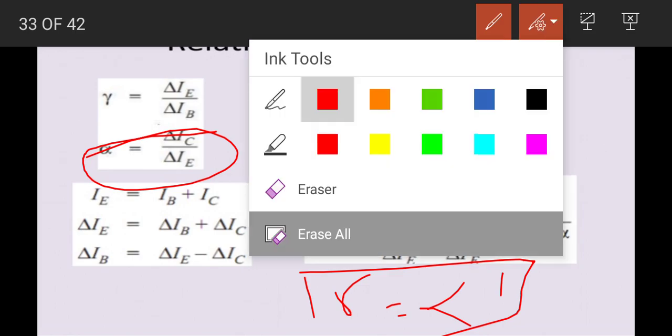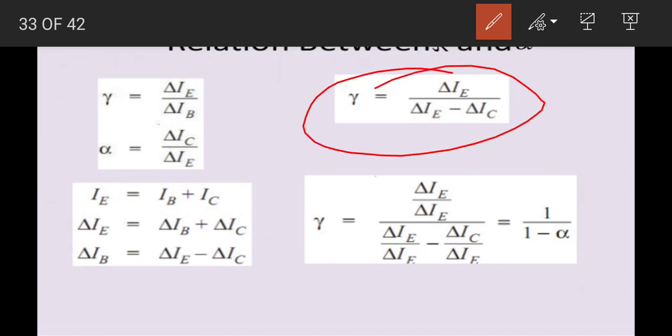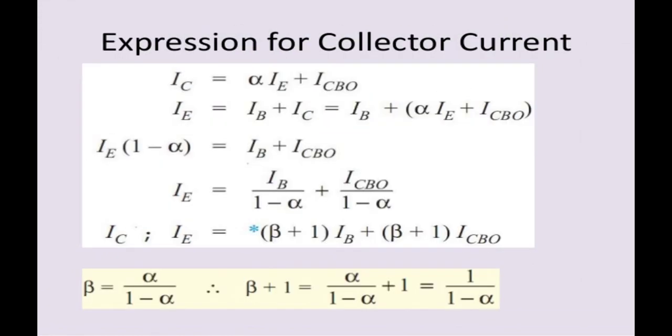We explain it. I is equal to delta IC, I is equal to IB plus IC. It is with respect to the same, right? So we put this value into here. We already saw this expression in the previous slide. So put it here. This is value 1, this is 1 upon 1 minus alpha. This value comes for beta. This is the expression for common collector.